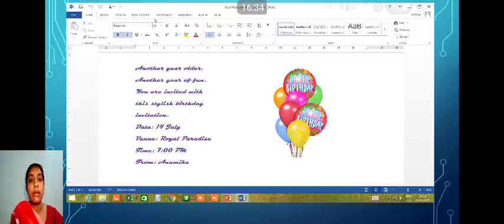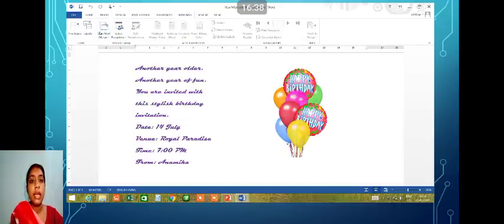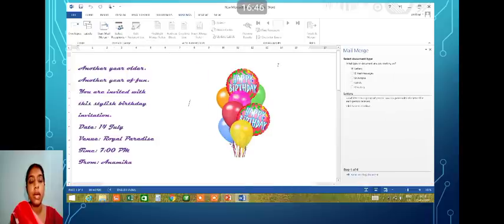So for that I have created the main document. I have to go to the mailing option. There in start mail merge I have to click on start mail merge, step by step mail merge wizard. It will open in the right pane. Now I am on step 1 of 6. There are basically 6 steps to complete my mail merge.